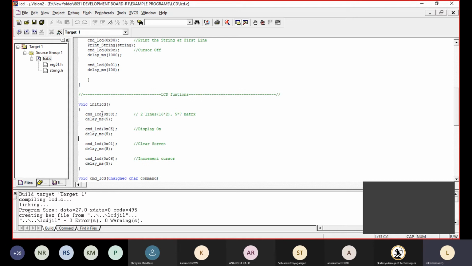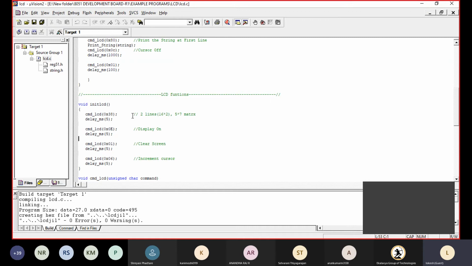First CMD LCD 0x38. The meaning of this is that it is a 16x2 LCD, so it can display 16 characters in the first row and 16 characters in the second row.